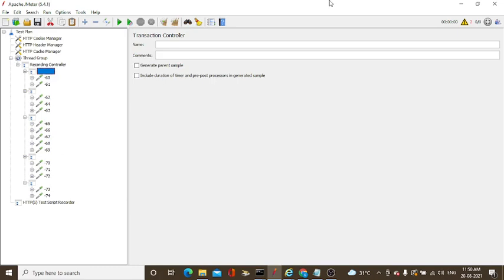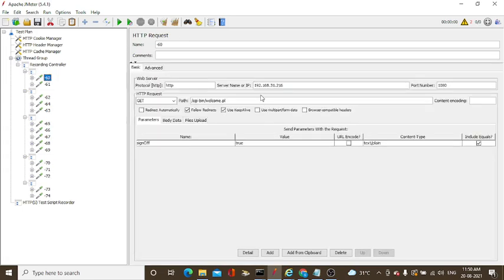Now, there is a name that will come every time. You need to check whether the requests were properly captured based on that IP address. First you can see 192.168.31.216 is the right one. Sign up means it is the first starting page, the welcome page. First one is the home page type.